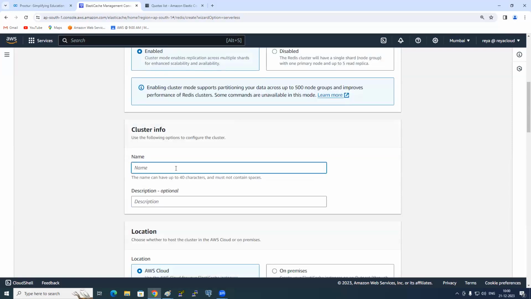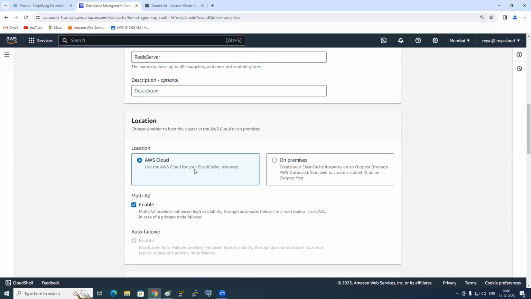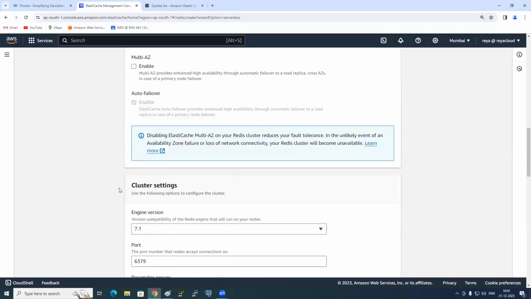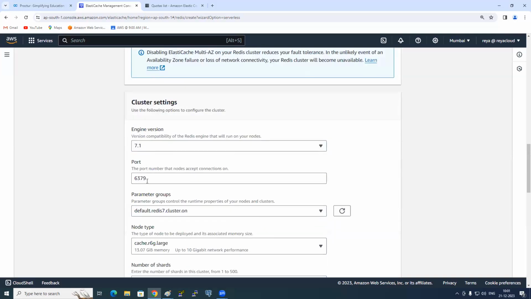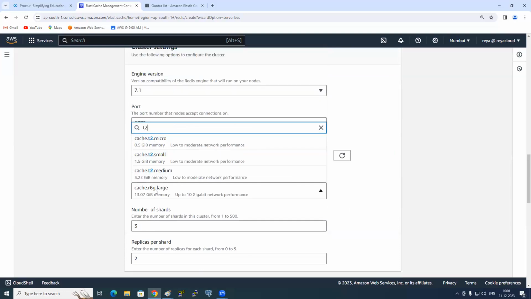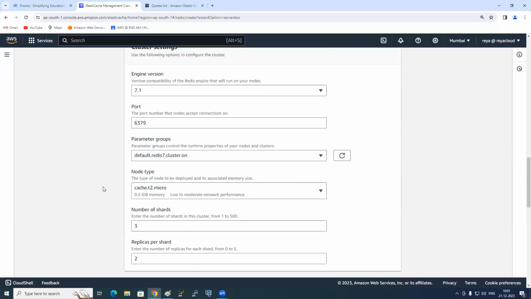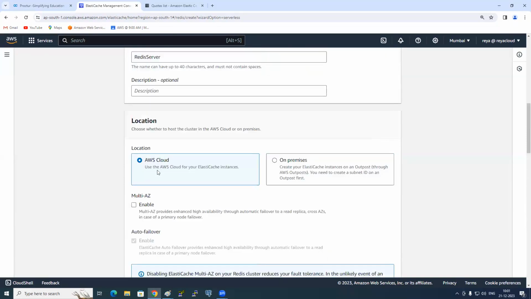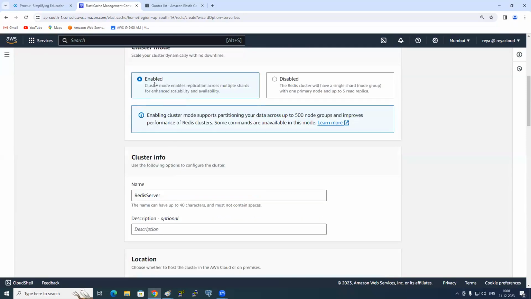So I call it Redis server. Multi-AZ, enable or disable? Disable it. Engine version, port number 6379, parameter groups, node type, which one? T2 micro. Here, do you see, as I have selected cluster mode enabled,